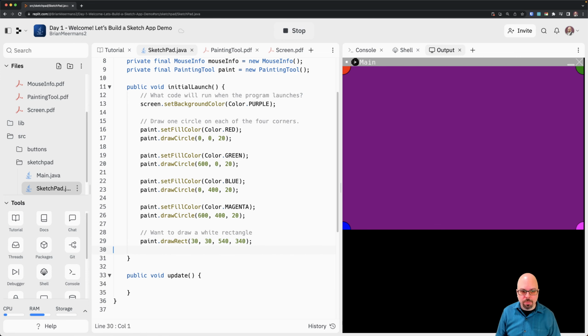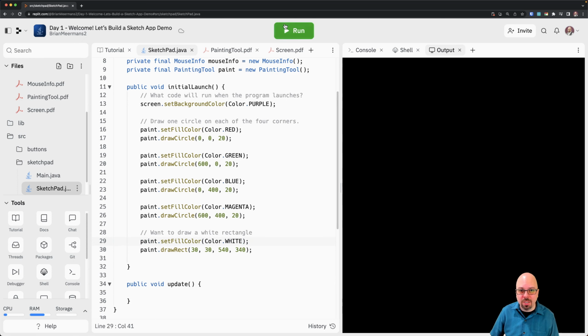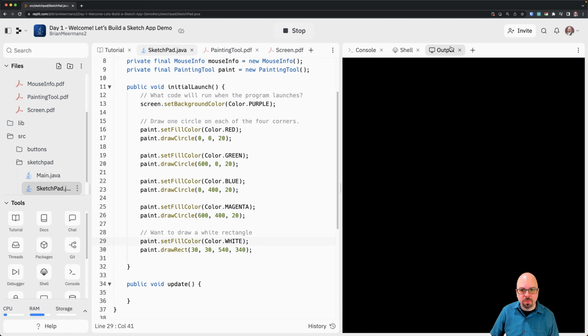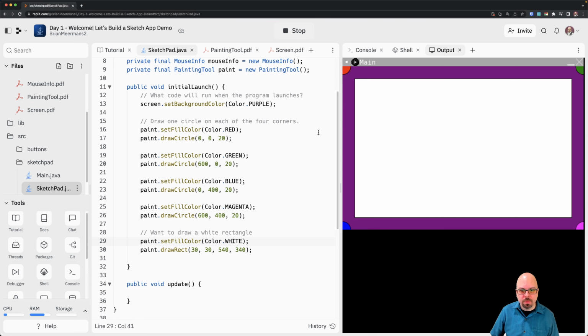I'll go ahead and delete that. And there's one last thing I'm going to do. I probably need to tell it what color I should use. So let's do a paint.set fill color to color dot. Let's make it just straight up white. So it looks like a nice paint program. And there we go. You can change the colors to anything you want, but you have just finished several lines